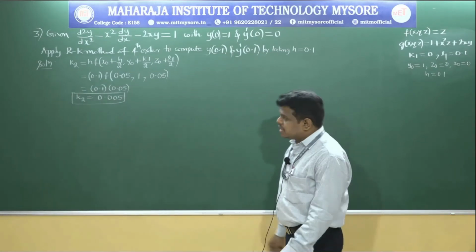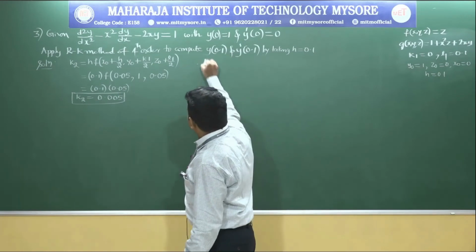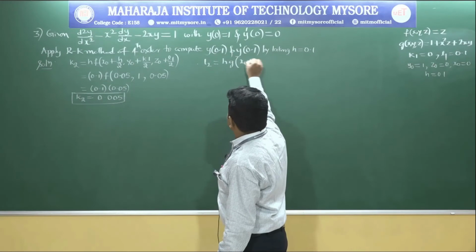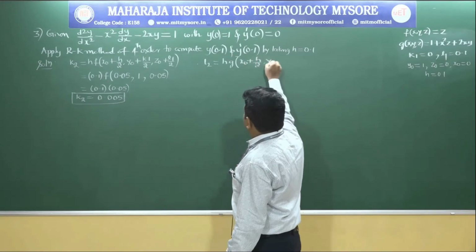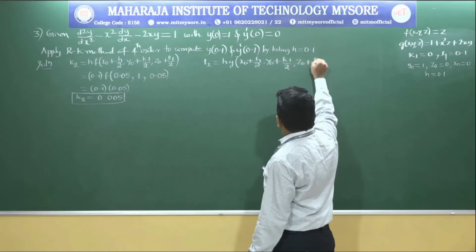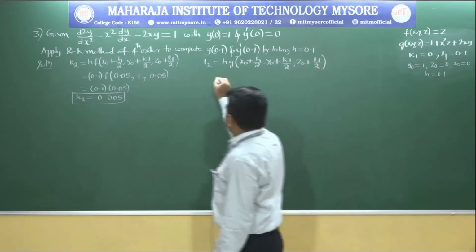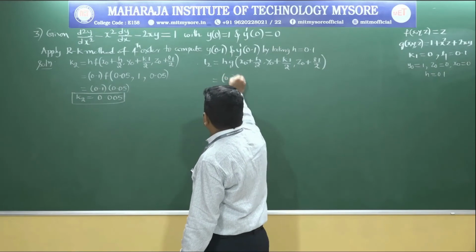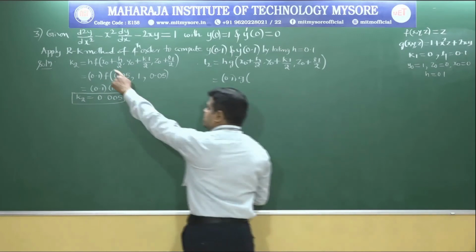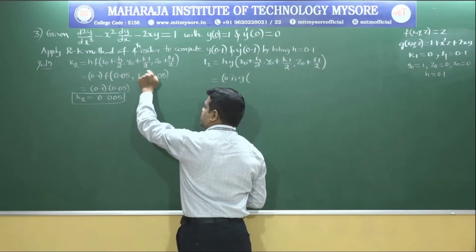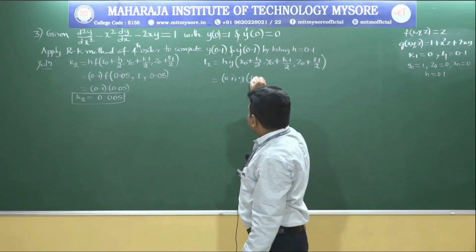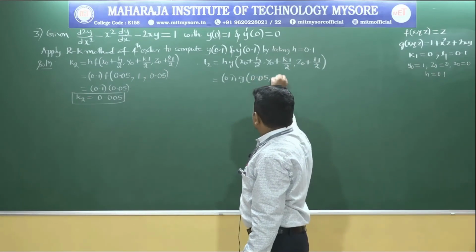Next, after finding K2, we shall find L2. L2 is given by h into g of x naught plus h by 2, y naught plus k1 by 2, z naught plus L1 by 2, that is equal to h value is 0.1, g of, we have already found the value of x naught plus h by 2, y naught plus k1 by 2, z naught plus L1 by 2. I am directly replacing these values. This g of 0.05 comma 1,